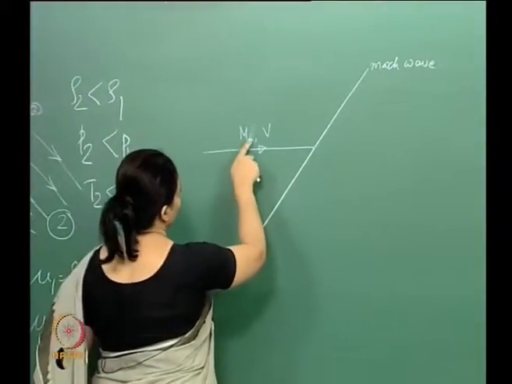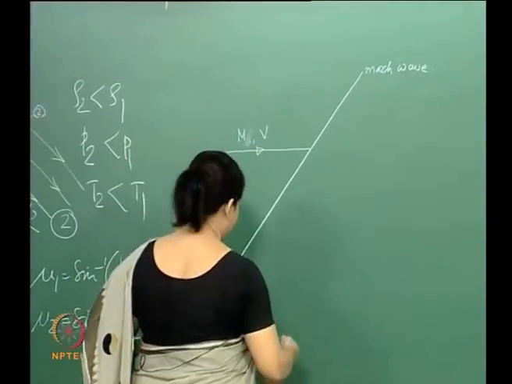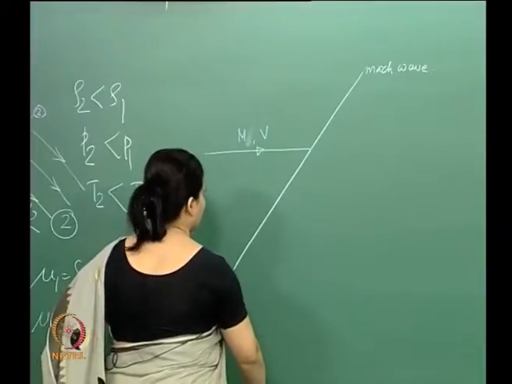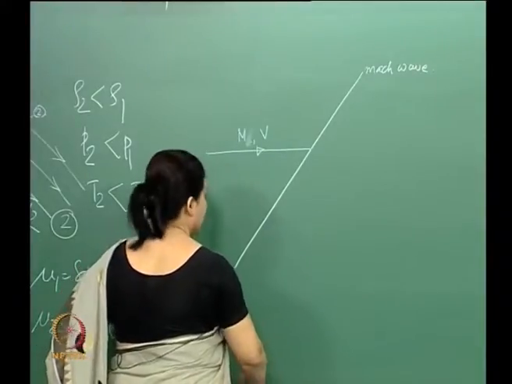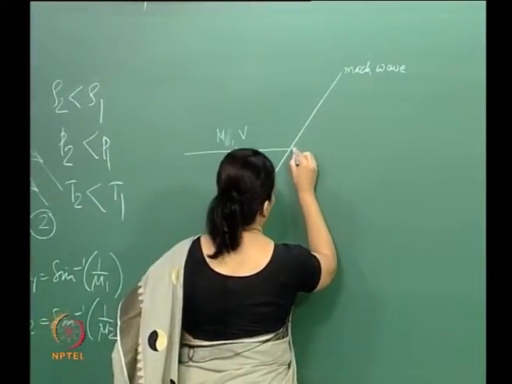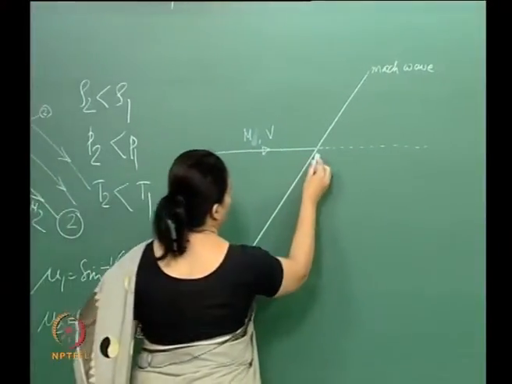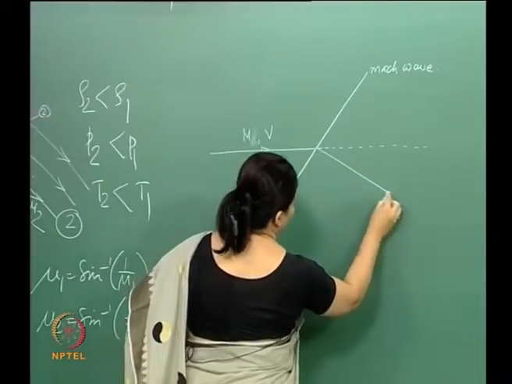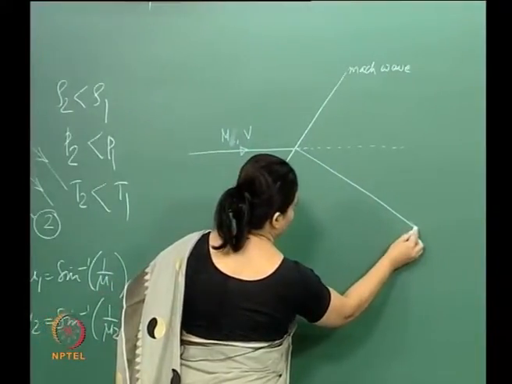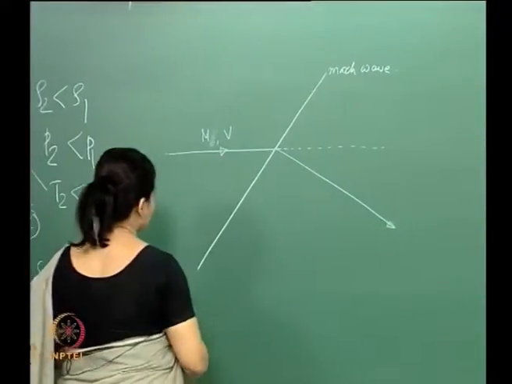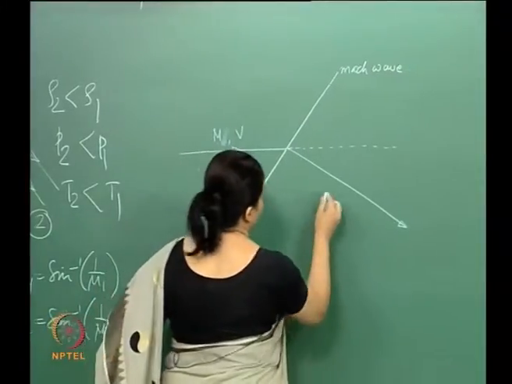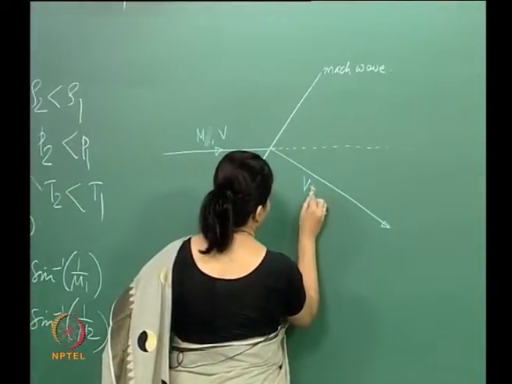So this is the Mach number and this is the incident velocity, and it encounters the Mach wave and then,